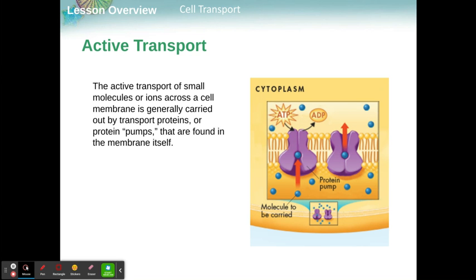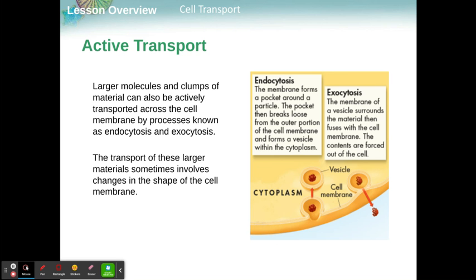Now, lastly, we have active transport. So sometimes we have materials that cannot passively move across the cell membrane. Now, this is either because they have a charge, like ions, or they are simply too large. So any process that requires materials to use energy, we say, is active transport. So like I said, larger molecules can pass this way,